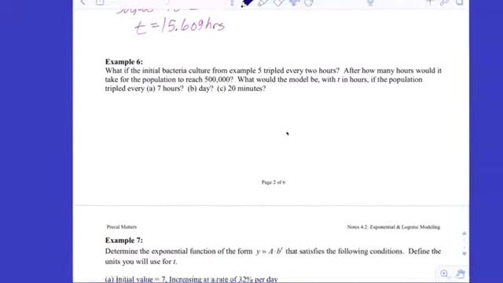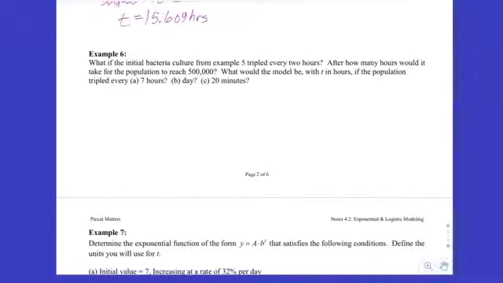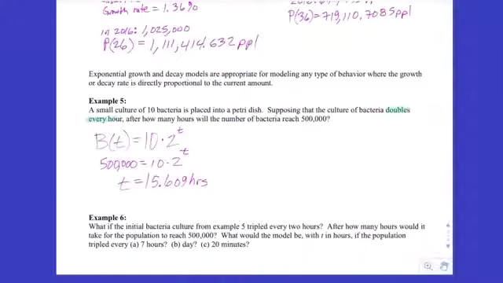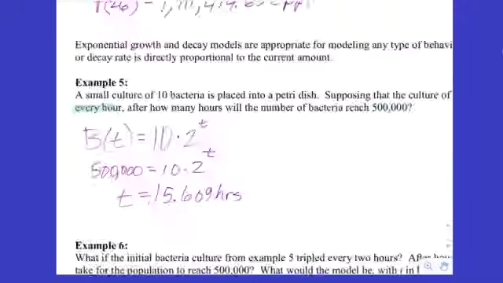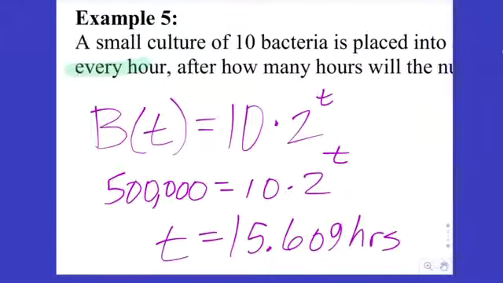All right, so example 6 is referring back to example 5. We did example 5 yesterday. Remember on example 5, it said that 10 bacteria are growing by doubling every single hour. So we came up with this model that said the number of bacteria at time t,